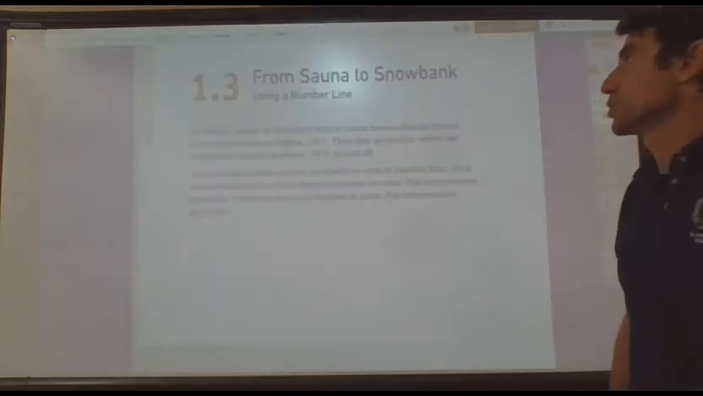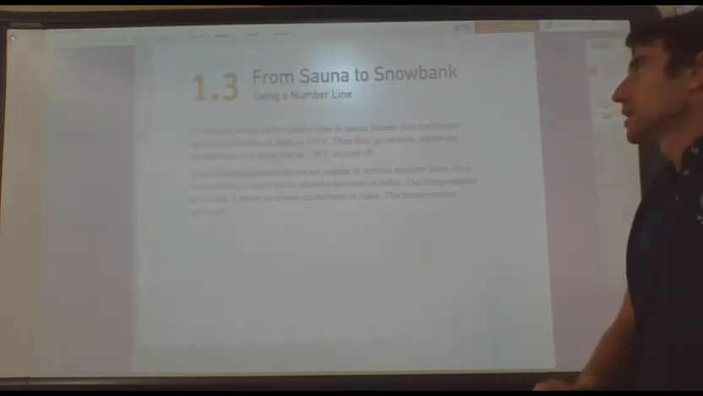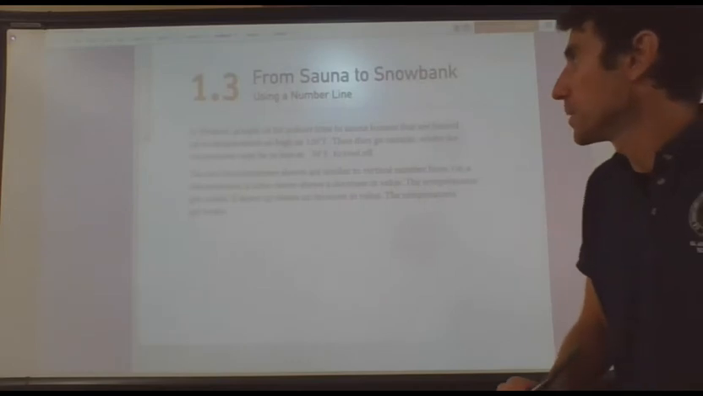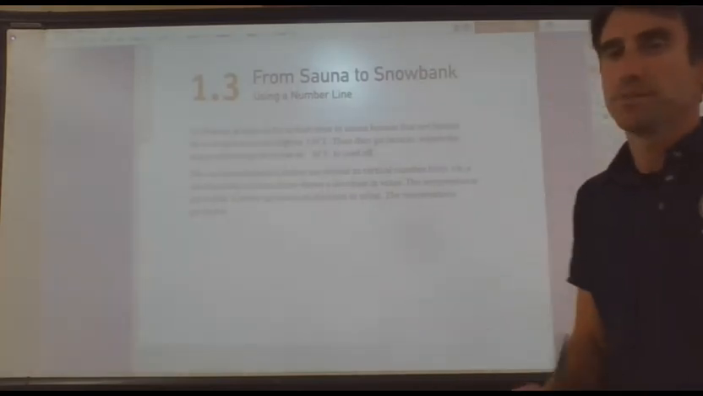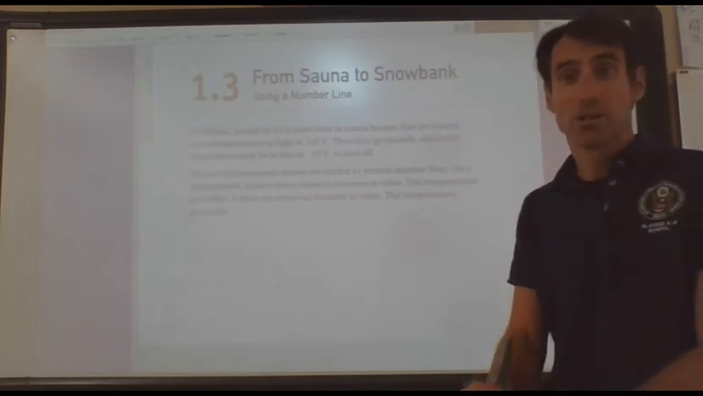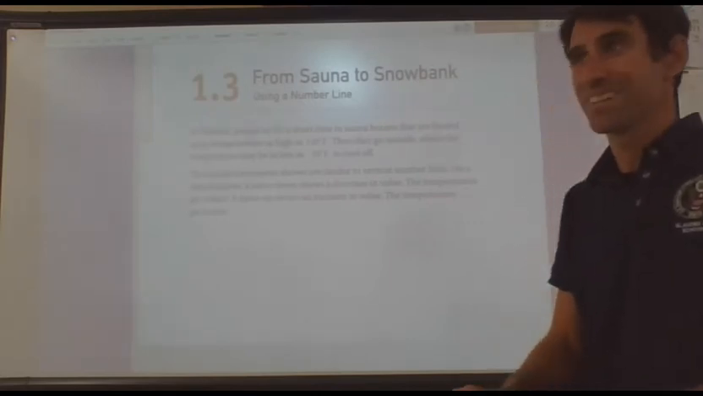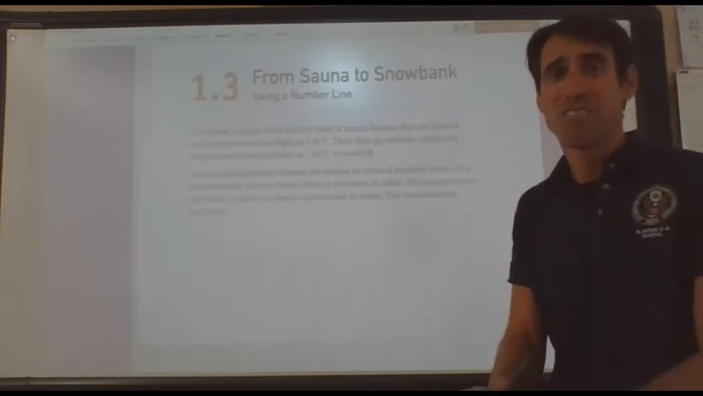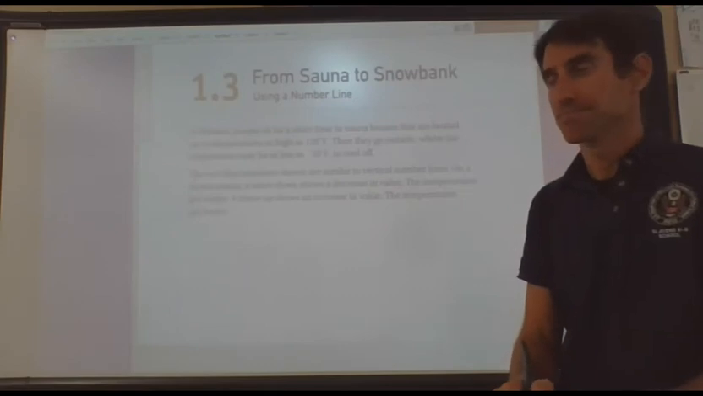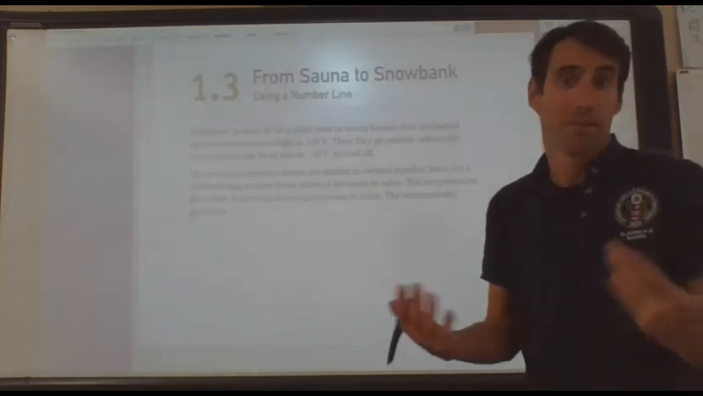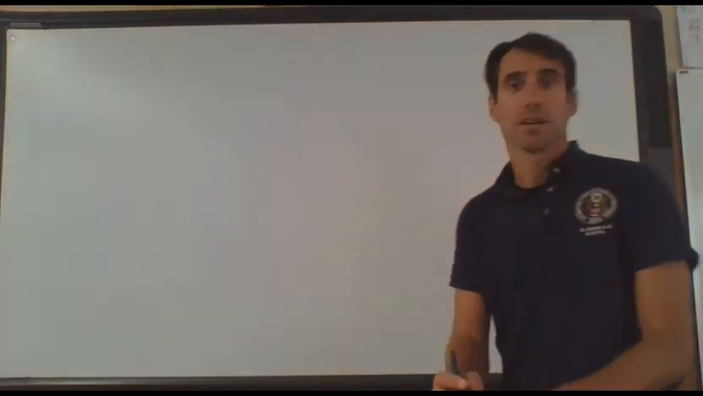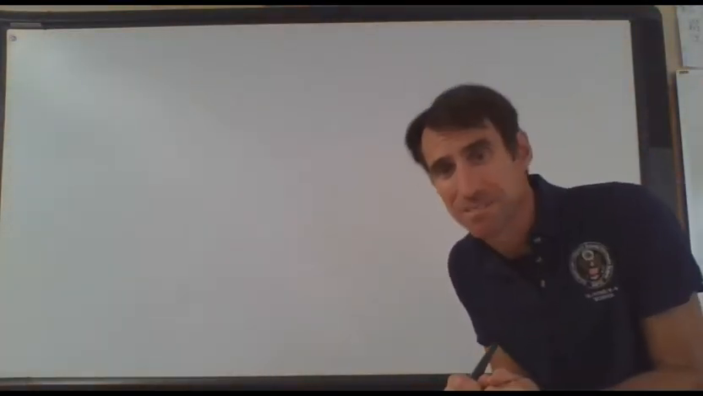From a sauna to a snowbank. Okay. Using a number line. In Finland, but I know in other places too, people sat for a short time in a sauna, and then they went into the frozen tundra and either did a snow angel, or they jumped into a frozen lake. And so they went from 120 degrees in the sauna to